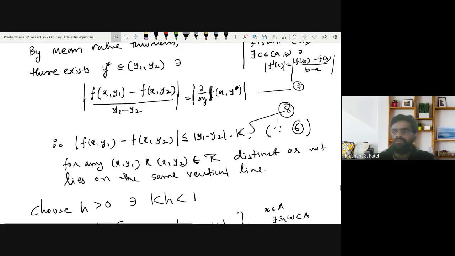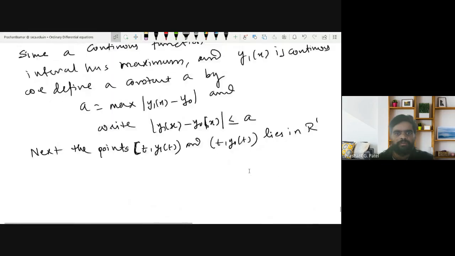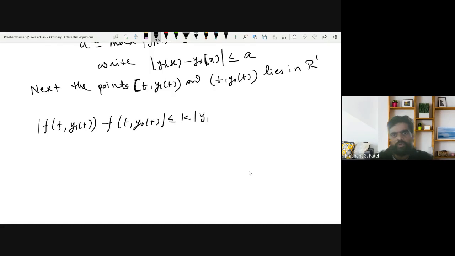what we can say is mod of f of t y1 of t minus f of t y0 of t is less than or equal to k times mod of y1 minus y0, and as per this we have taken this y1 minus y0 is less than or equal to a, so that is k into a, and we have